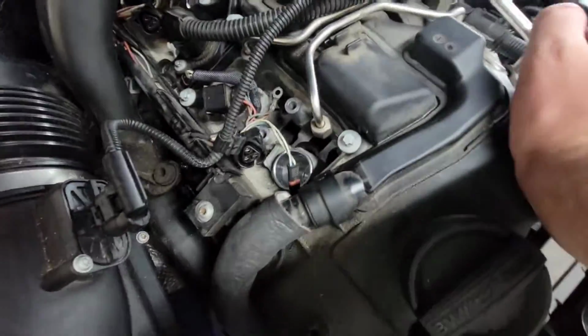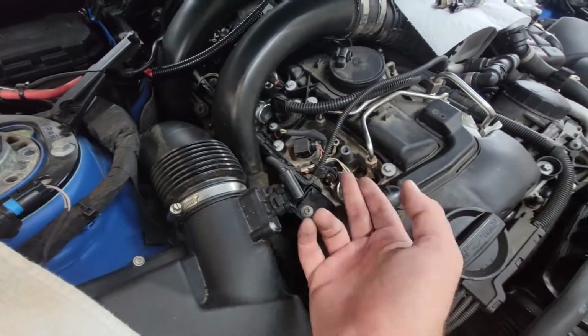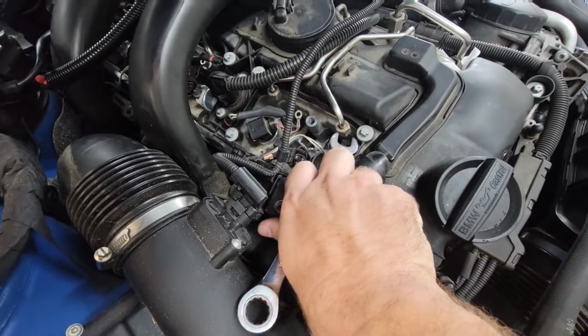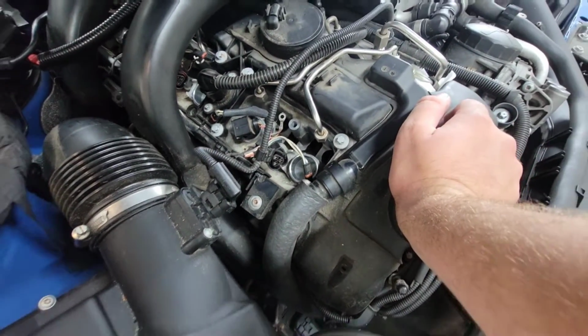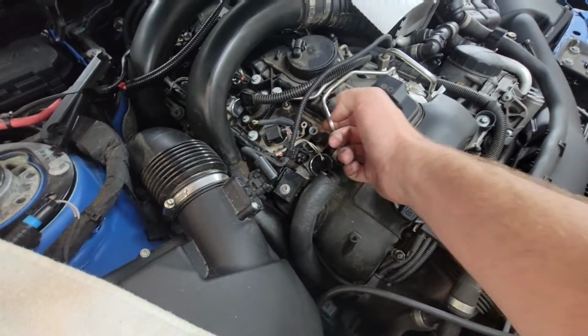So I was thinking that if I disconnected all of the fuel lines from the injectors, which were 14 millimeters, and again, with the coil packs back out, there is enough room to get them in there. And again, they don't take a whole lot of pressure to get these things loose. There's not a ton of force behind them. It's much like a brake line, maybe even less force than a brake line. But anyways, I got all of the